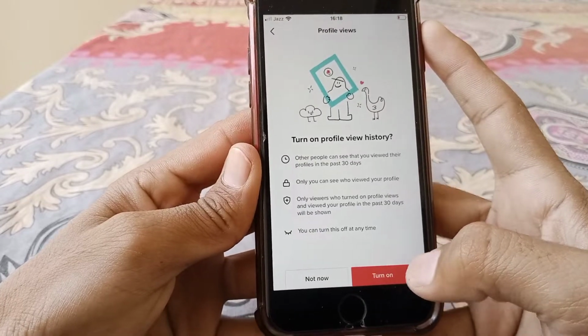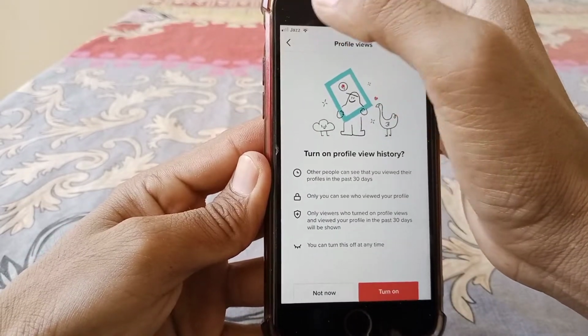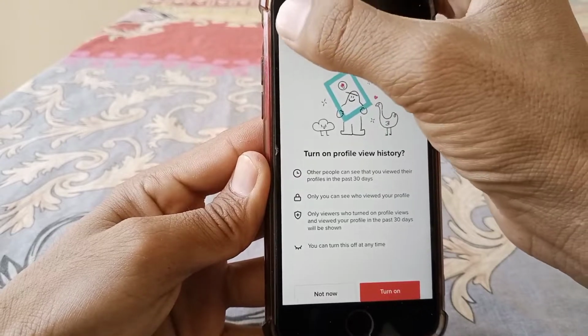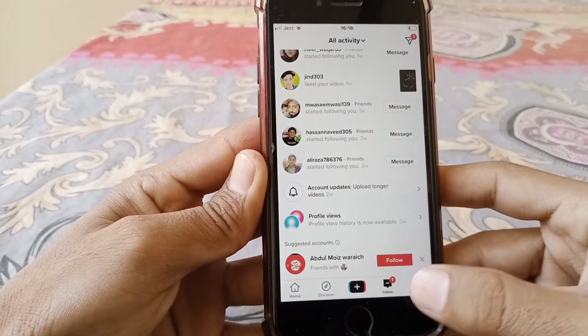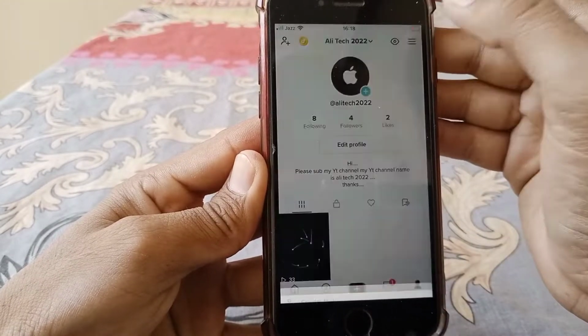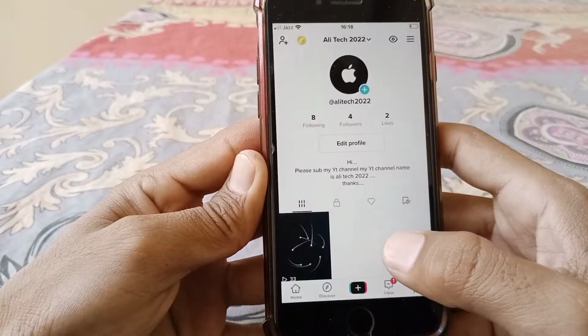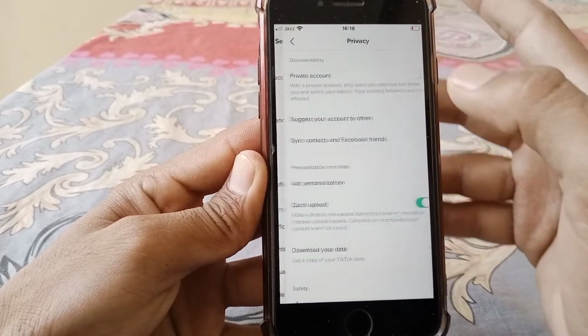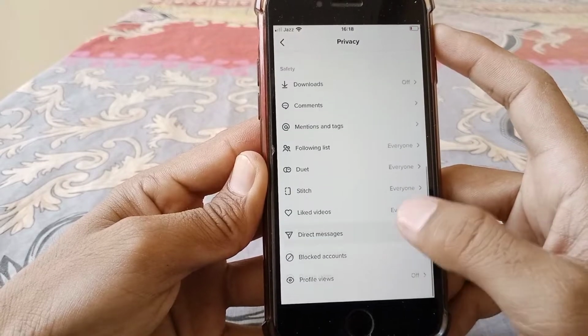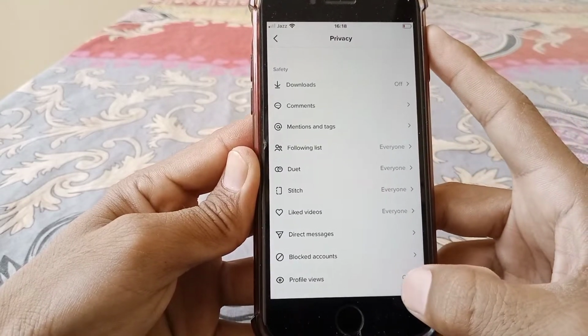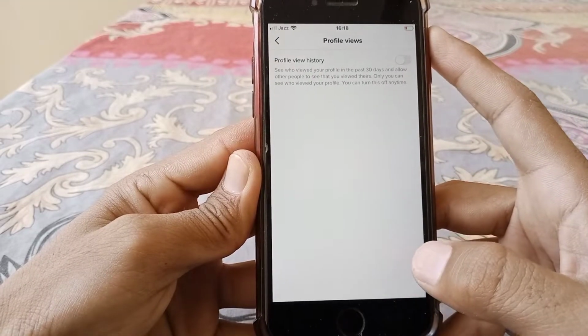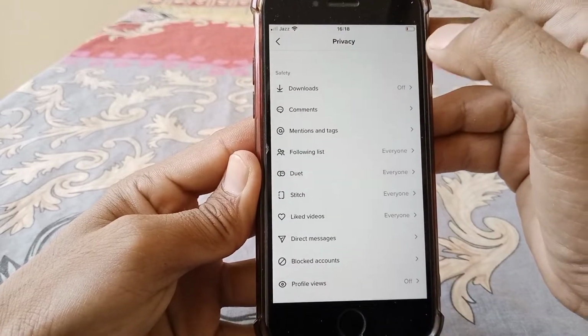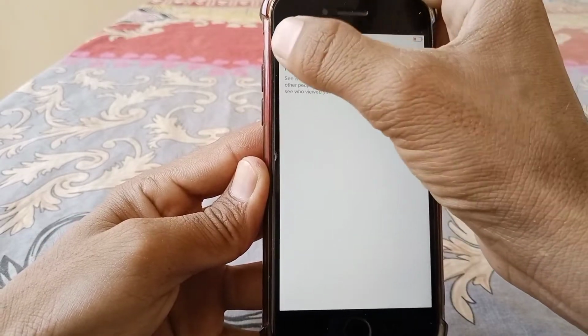And if you don't see it here, then what you have to do is just simply update your TikTok, and then go back and tap on profile, and then tap on the three lines here, then tap on settings and privacy, and then tap on privacy, and then scroll all the way down, and here you can see profile views. So just simply tap on this, and from here turn it on, and then go back,